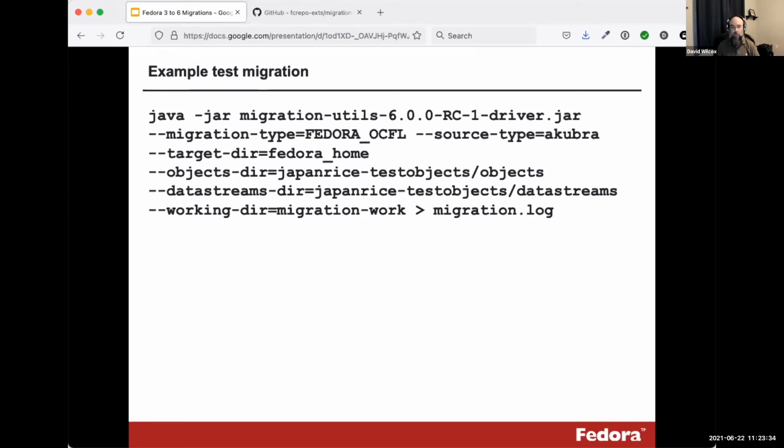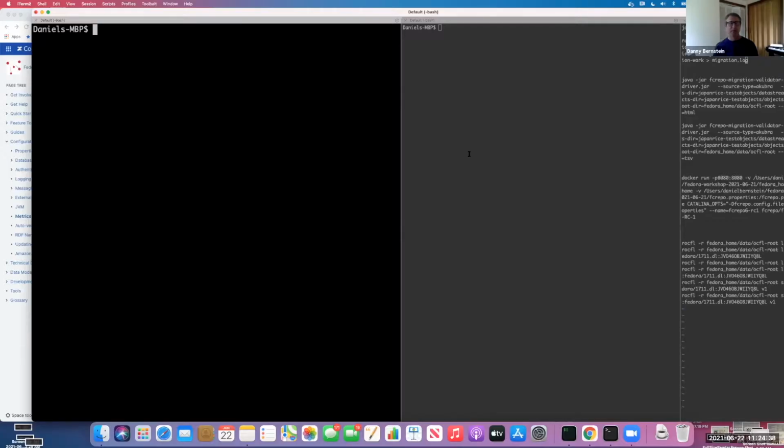If you don't do this, it'll just print everything to screen, which could be useful if you're just running some tests, but it's quite helpful to output to a log file because you can go back afterwards and search through that and find out if there are any error files. So I think Danny's going to show a little bit of that stuff. Basically what you can see here is,